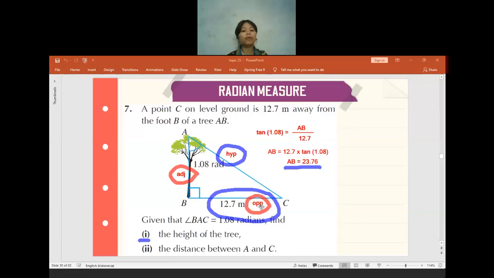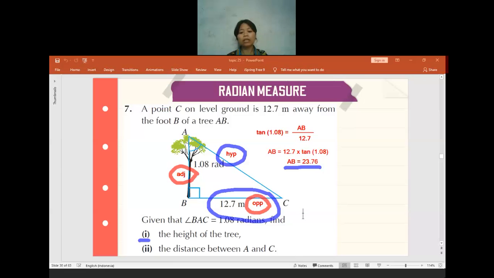If for example you make a wrong calculation for the AB, it will not affect the answer. But if you take the adjacent and make a wrong calculation when finding the AB, later when finding the AC it will cause a mistake also. That's why it is always better to take the given number. So we use sine.